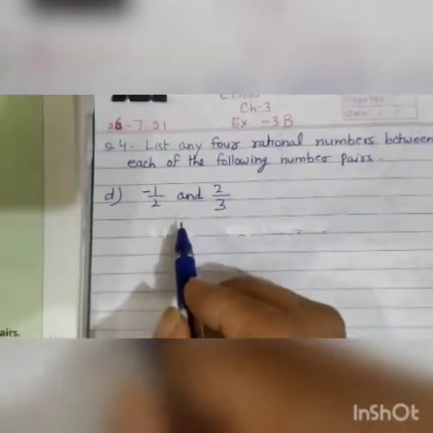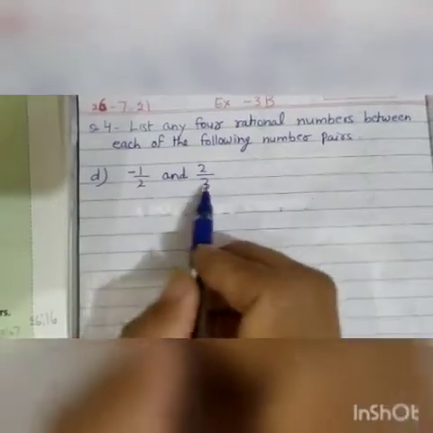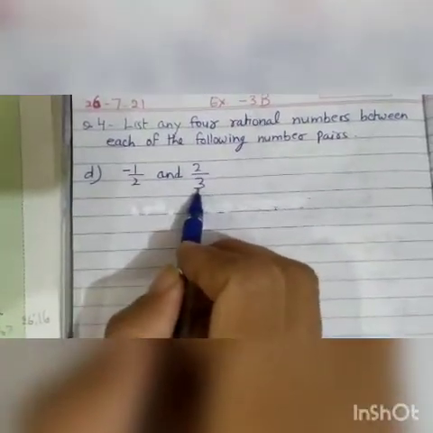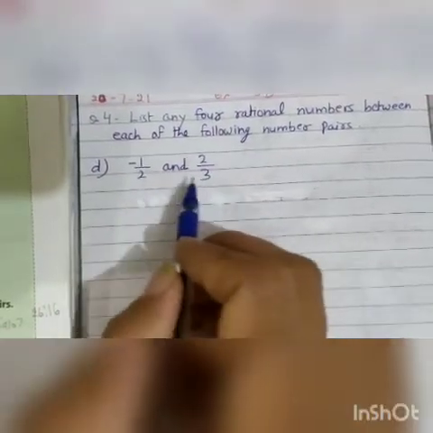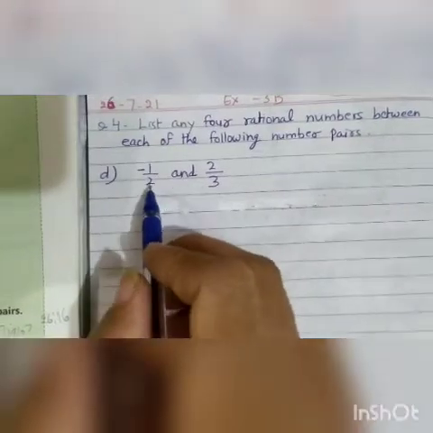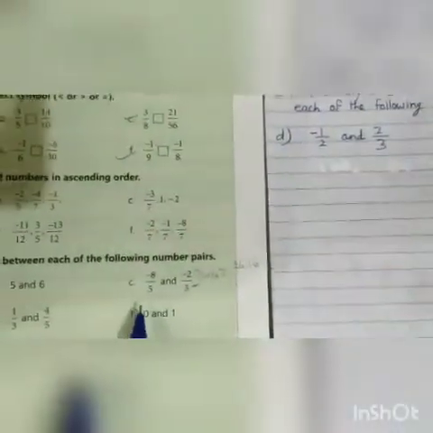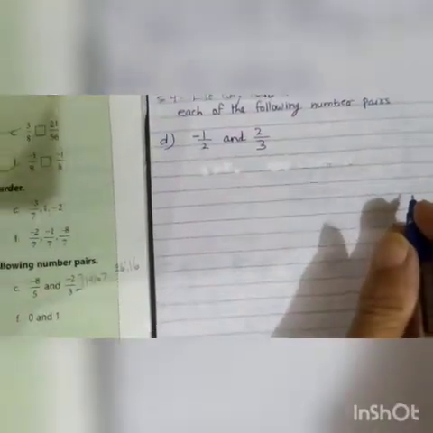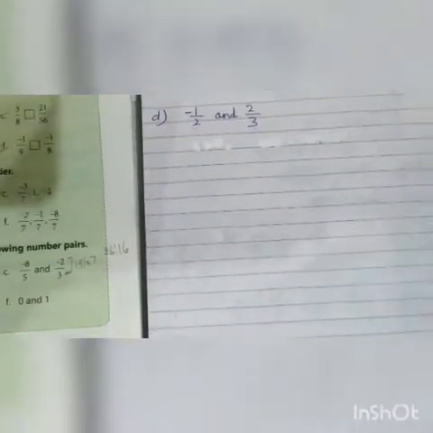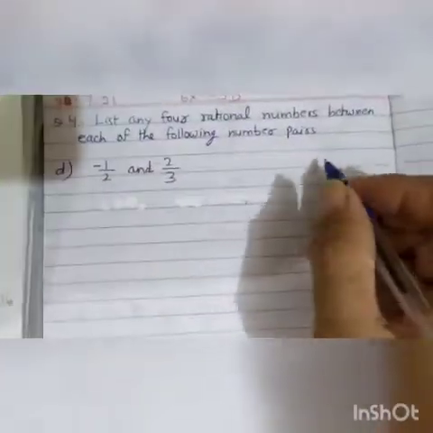Students, you are noticing that in this pair of rational numbers, both the denominators are not the same, they are different. So what will we do? First we will find their LCM and make the denominators the same, as we did in C part. In C part, first we made the denominators equal. So how can we make denominators equal?